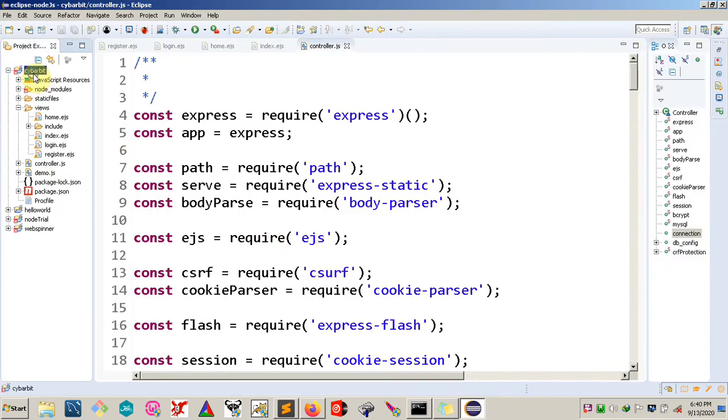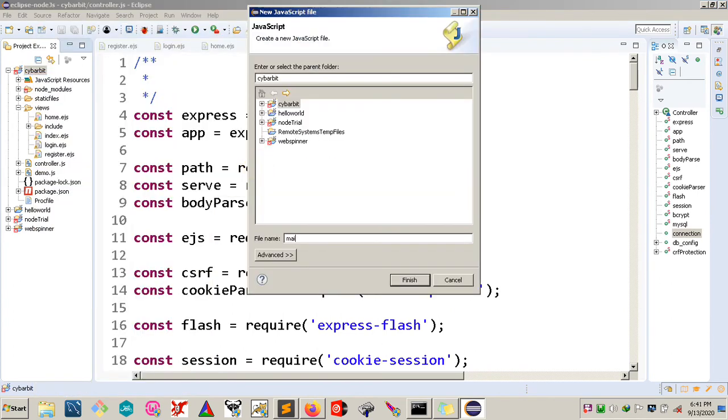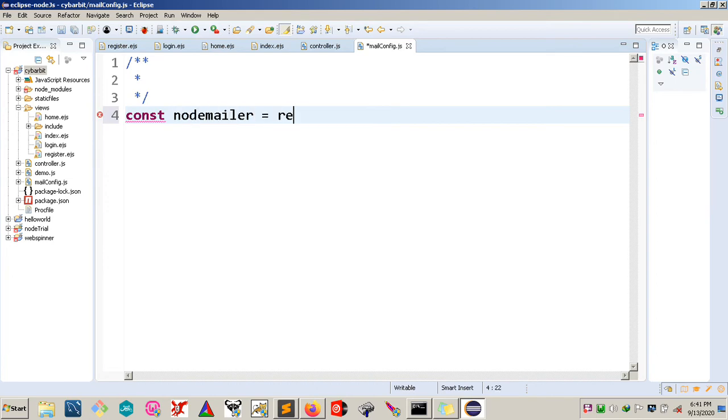Now once you understand all of that, you can proceed back to your IDE, into your project, and probably create a JavaScript source file, and you might want to call it mail config, and just say finish. And we will require a particular package, and this package will be the nodemailer package,